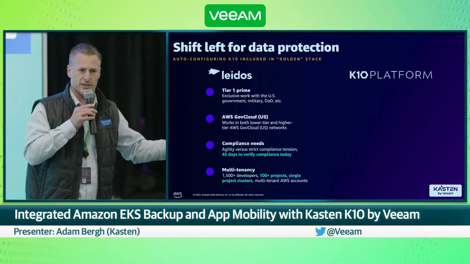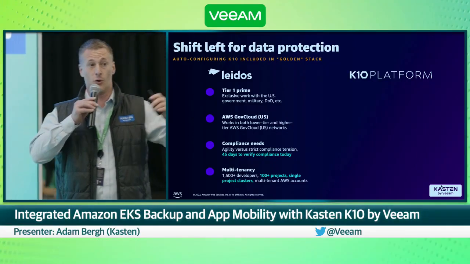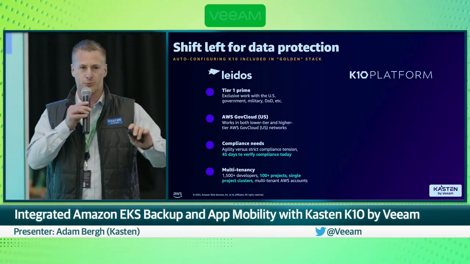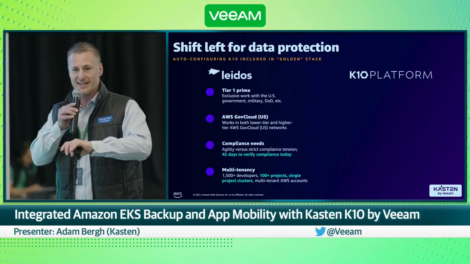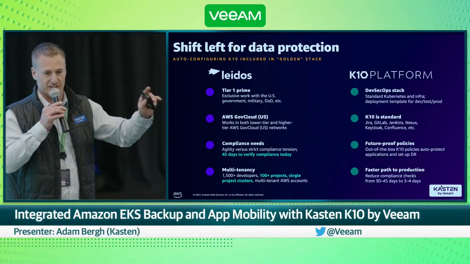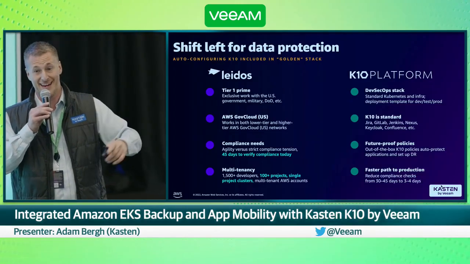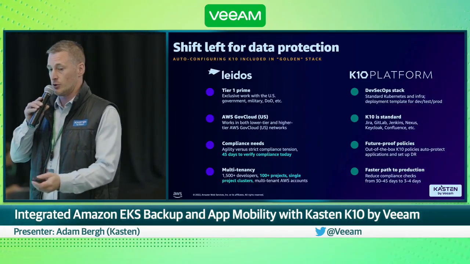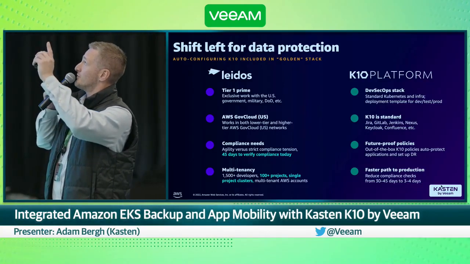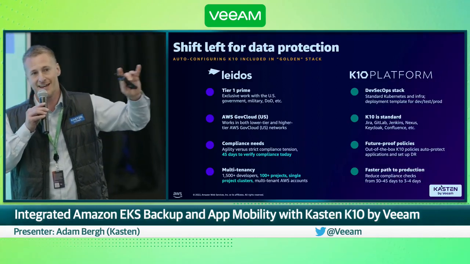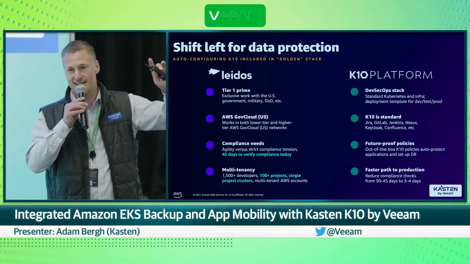So what they were doing was putting together what they would call a gold standard EKS cluster with all the best applications pre-validated in there. And Kasten K10 was one of those pre-validated applications, providing them with all the data protection and disaster recovery needs in the pre-validated government-level DoD secure Kubernetes clusters. So they were able to take that 45-day compliance and move it down to 3 to 4 days by using pre-validated infrastructure as code with Kasten K10 as part of that.